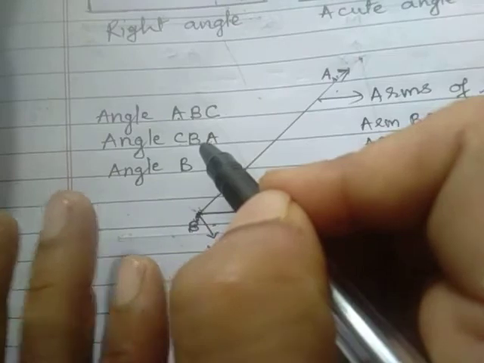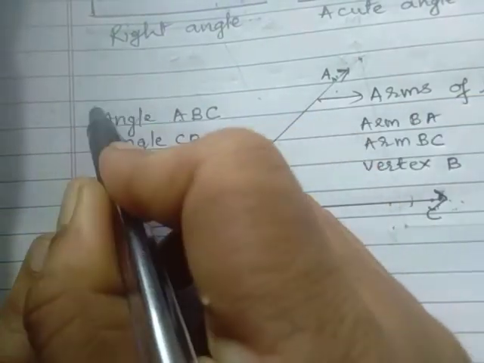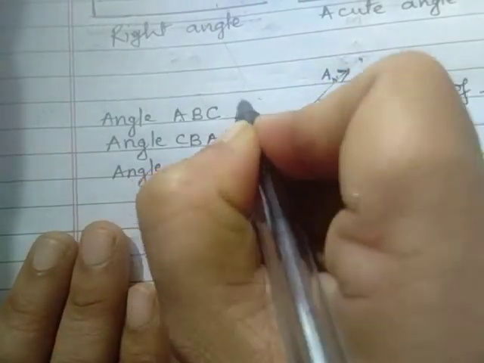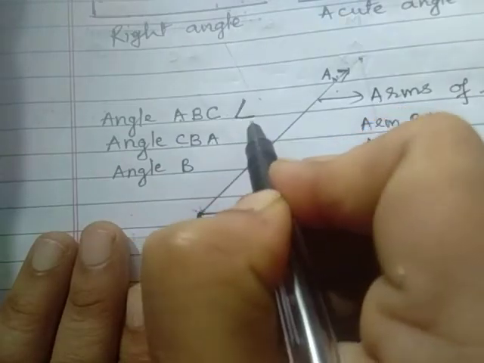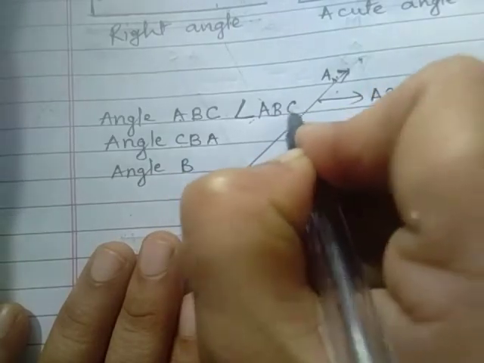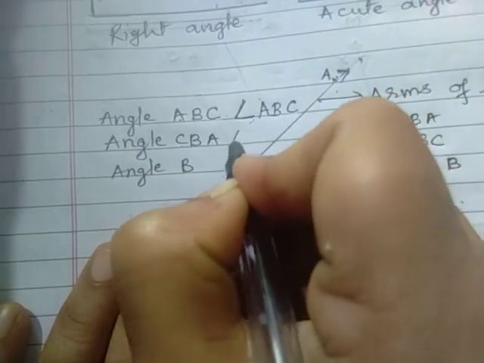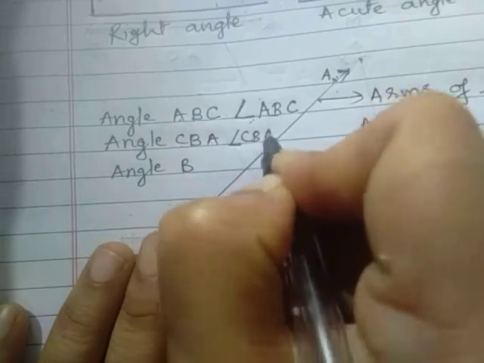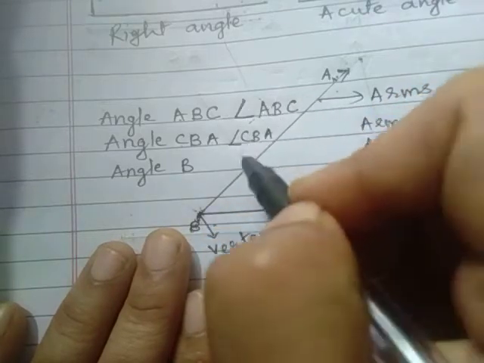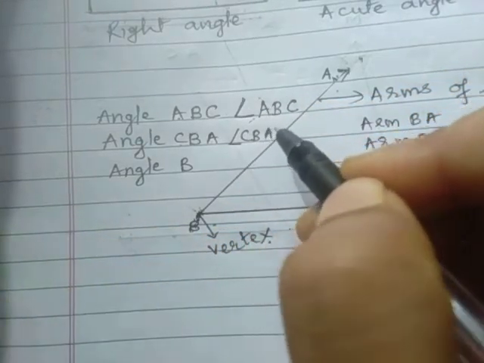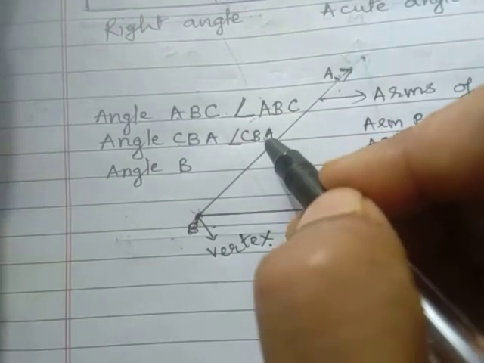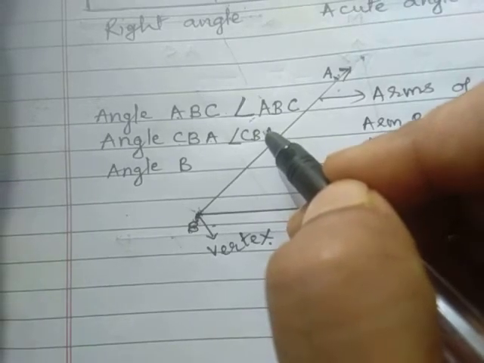Now there is a shortcut method also. Instead of writing the word angle, we can call it with a symbol. This is the symbol of the angle. So you have to write with the symbol, angle ABC, or angle CBA. So this is how you can write the names of the angles. I hope you have understood how to write the names of the angles. Now let us try to solve problem set number 24. I will solve only one problem. You have to solve the last one.